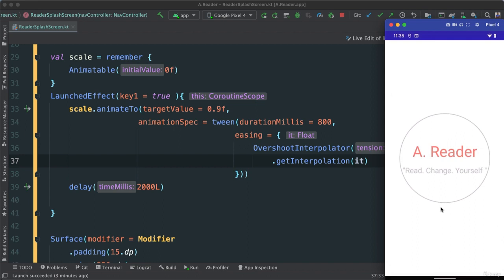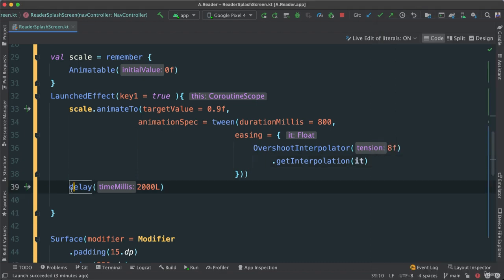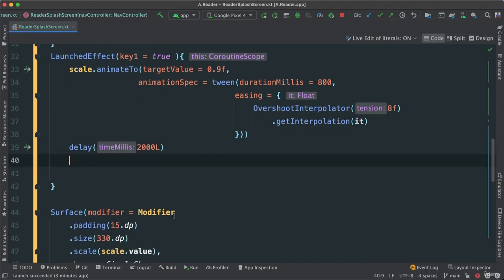is that once the animation is over, we will have to check to make sure that there is indeed a logged in, a Firebase authorized user. And we're not there yet, but we'll get there. I'm just trying to paint the picture. That's the reason why we have this delay here, because we want to delay a little bit and do something